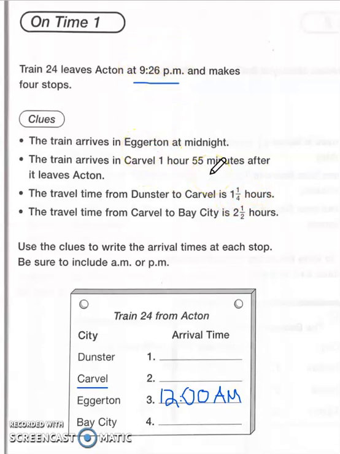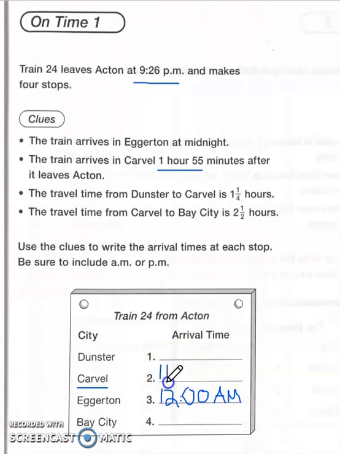What I would do is see an hour and 55 minutes and say that's really close to 2 hours. It's 5 minutes short of 2 hours. So if we add 2 hours onto 9:26, 2 hours later would be 11:26, and then just come back 5 minutes. So 11:26 minus those 5 minutes would leave us at 11: